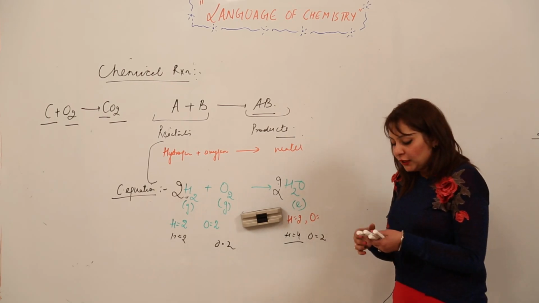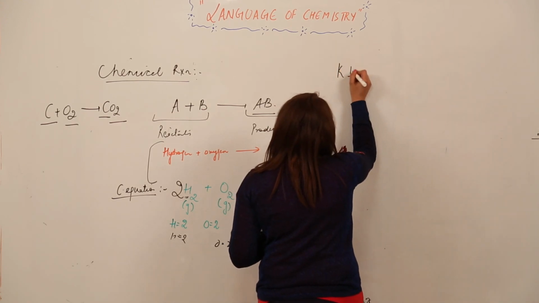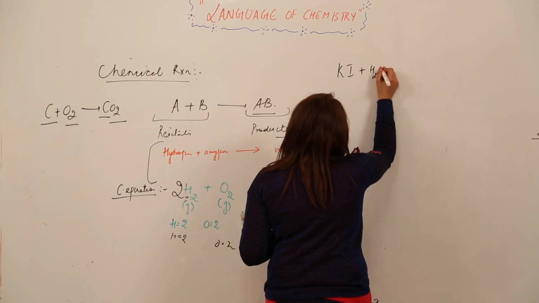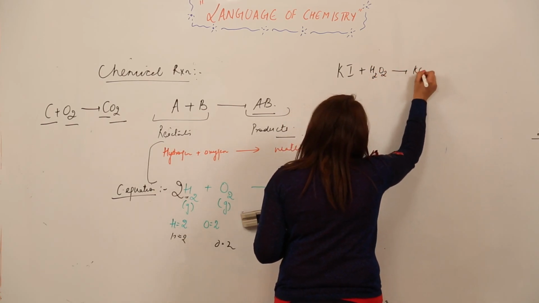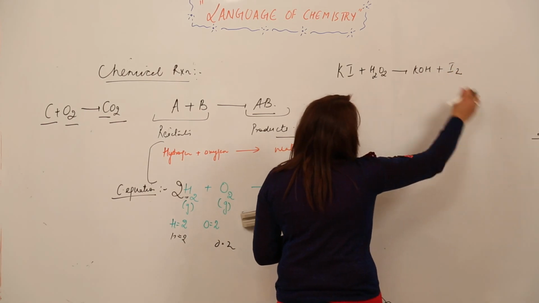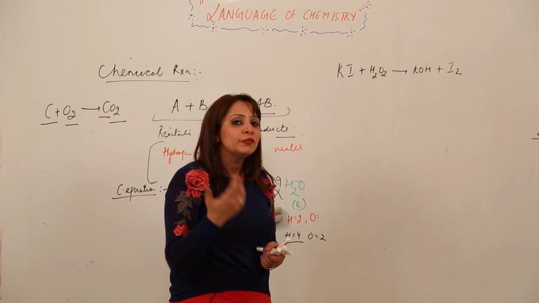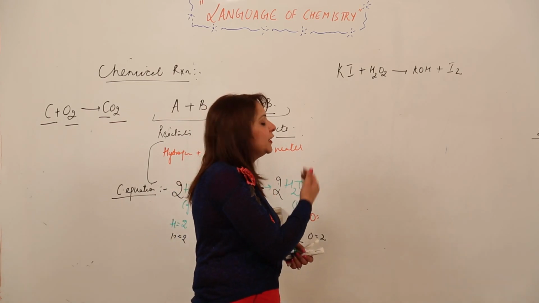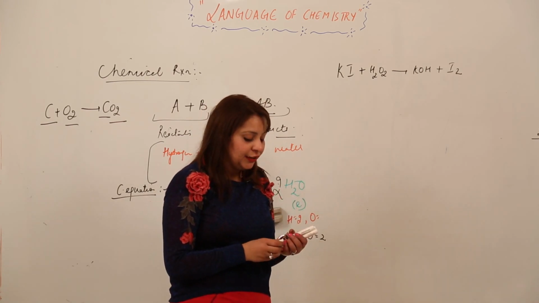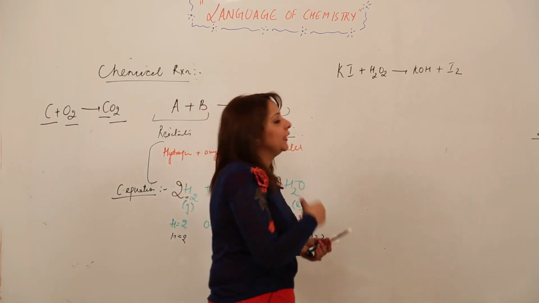add them, right. The example I am taking for you is a reaction of potassium iodide with hydrogen peroxide combining to form potassium hydroxide with iodine. How can you balance it by using the partial equation method? When we want to do it by the partial equation method, we need to split the reaction into different steps, right. Like I am splitting it.